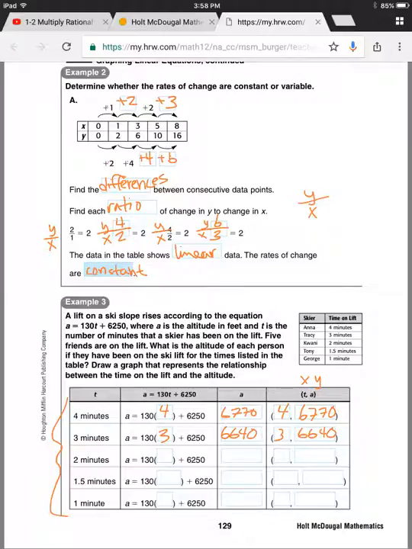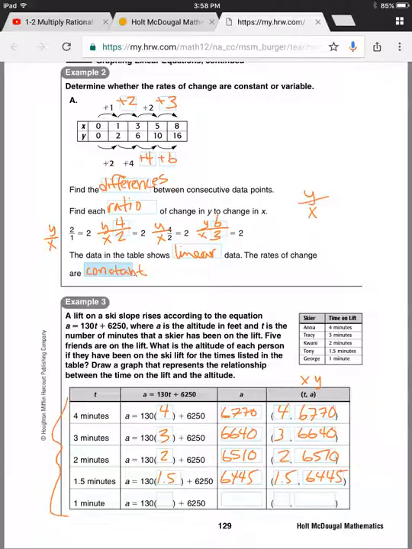Now we are told that T is 2 minutes, so we put that in. We multiply by 130 and add 6,250 and get 6,510. So when T is 2, A is 6,510. Now it tells us that T is 1.5, so we put that in for our equation and evaluate. 130 times 1.5 plus 6,250 and get 6,445. So when T is 1.5, A is